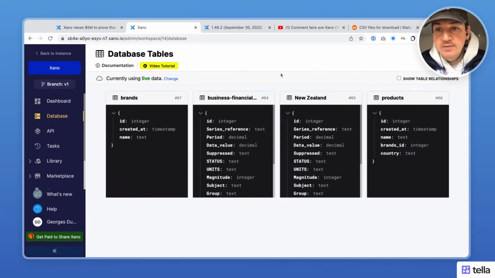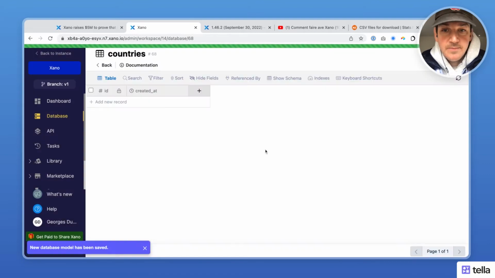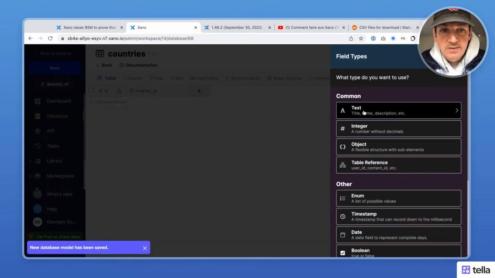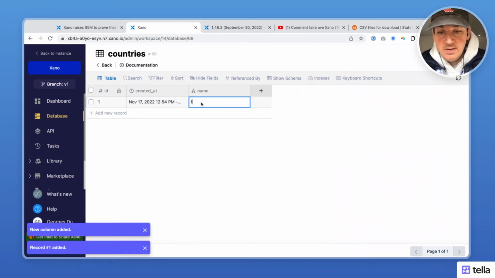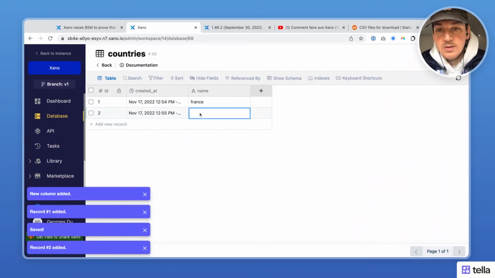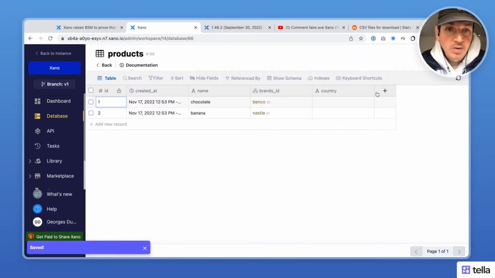And let's do a different table. I'm going to do a country table. Countries. Give it a name. And the first one is going to be France, and the second one is going to be USA. Okay, and so now when I go to my product, which is kind of my main table,